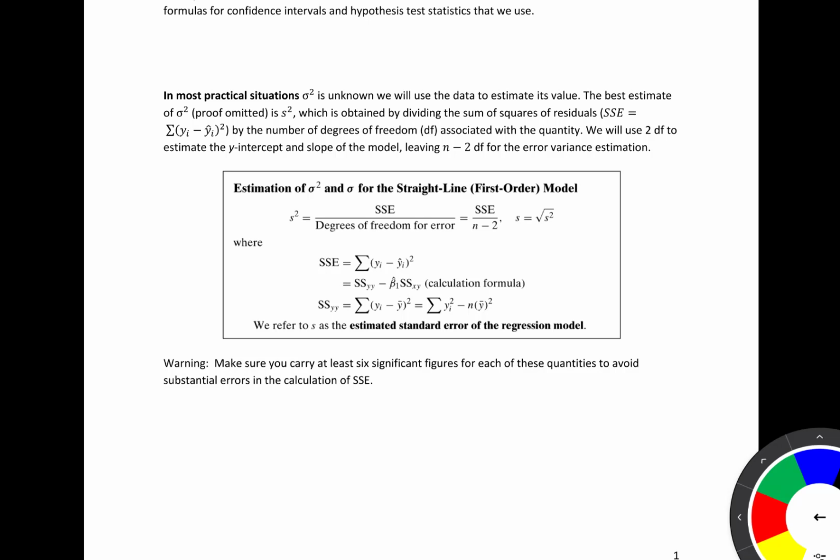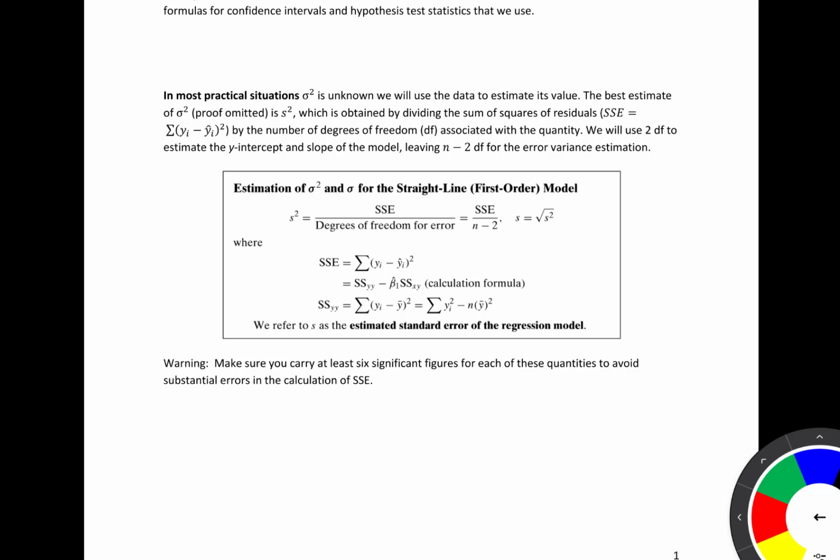And s squared in this case is obtained by dividing the sum of squares of the residuals by the number of degrees of freedom associated with that quantity. And so here we use 2 degrees of freedom to estimate the y-intercept and slope of the model, leaving n-2 degrees of freedom for the error in the variance estimation. And so here we have